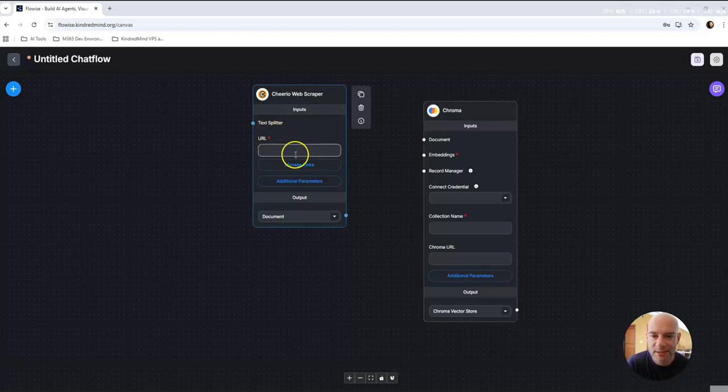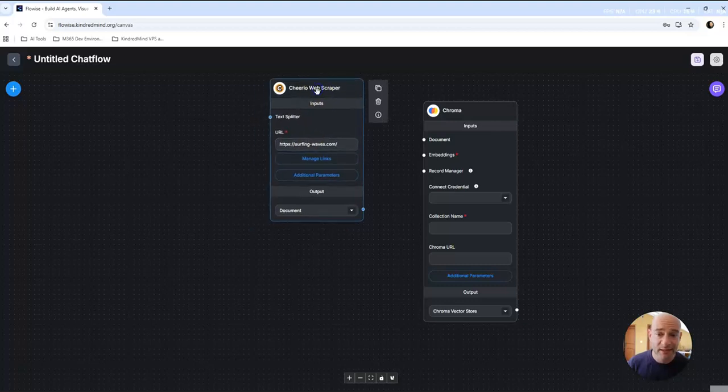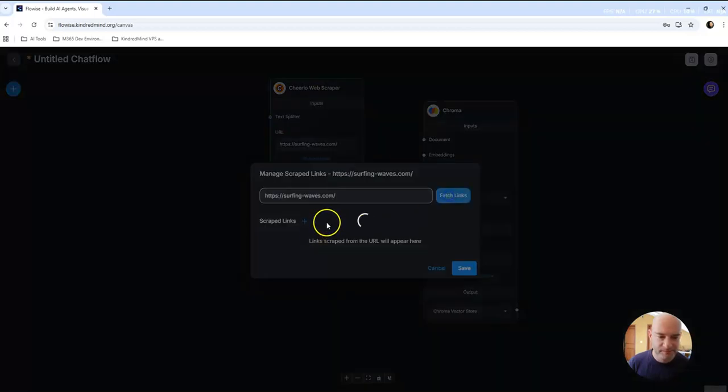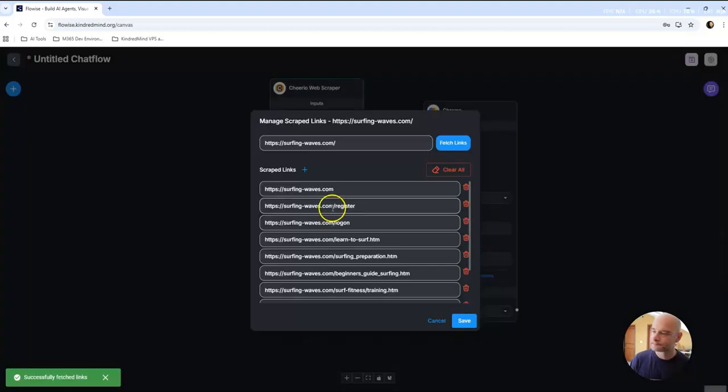What it does is scroll through a site and pick up all the information that is needed. So you see I put in surfingwaves.com, manage link, fetch. I don't need to register or log on, but you see there are a bunch of HTML pages